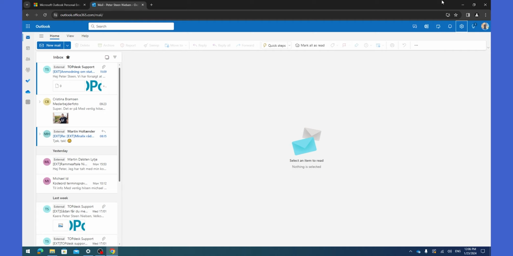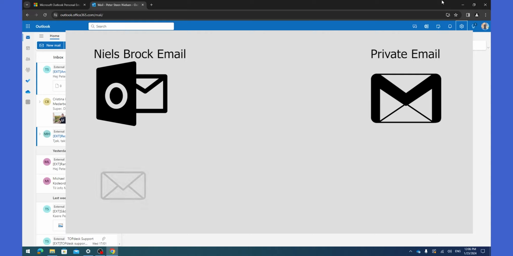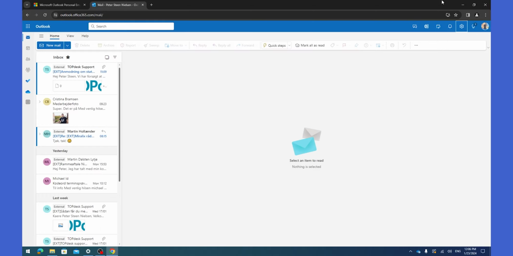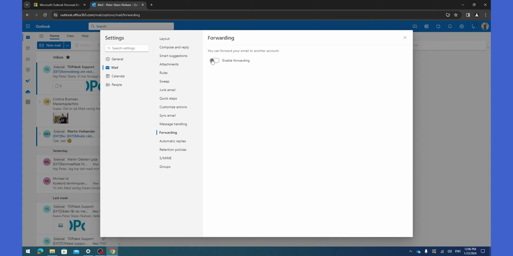From the page within here, you can see you have your email account here. If you want to set up forwarding for your account, this means that when you receive an email on this account here, it can be forwarded to a private email account, and that way you don't need to check this account every day. In order to set it up, you go on the top here, then you click on forwarding here, enable forwarding. Here you type in your private email account, and you can choose here if you want to keep a copy in this email account. Then you hit save down here, and that means that all emails sent to this account will be forwarded to